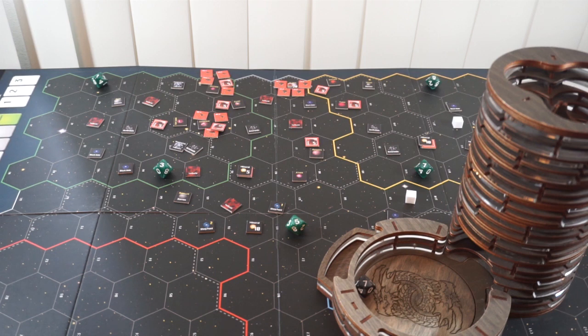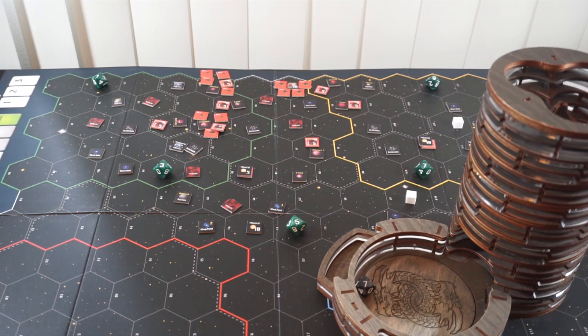Which gives us 45 to buy with. So what do we want for 45? I think we can build up to 5 ship size. So I think